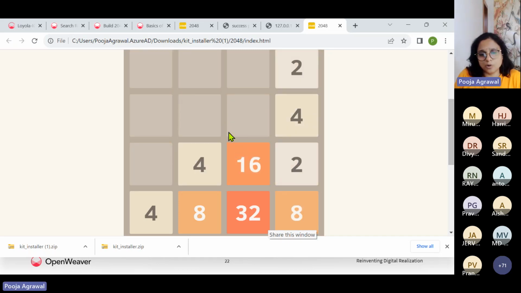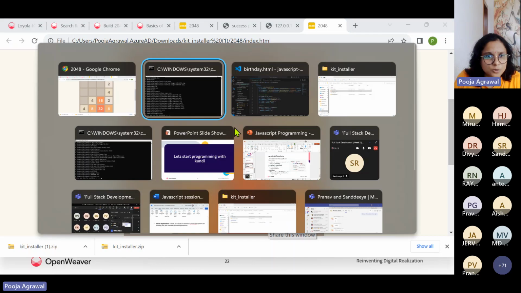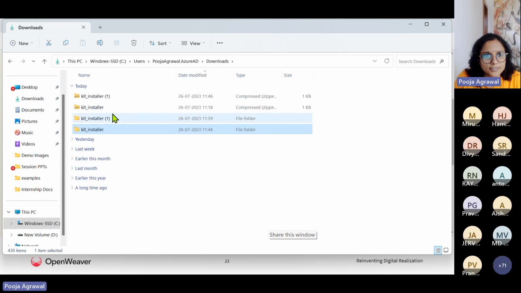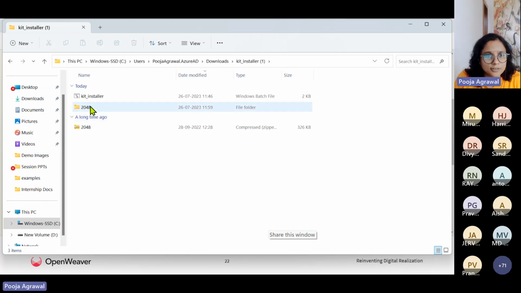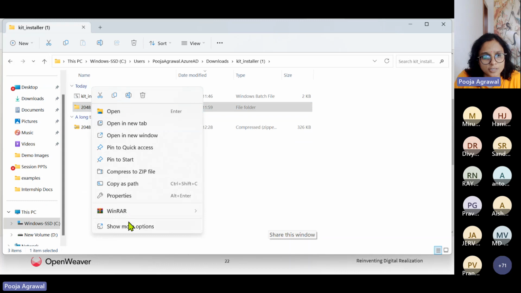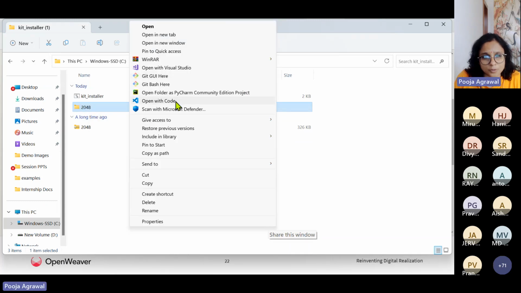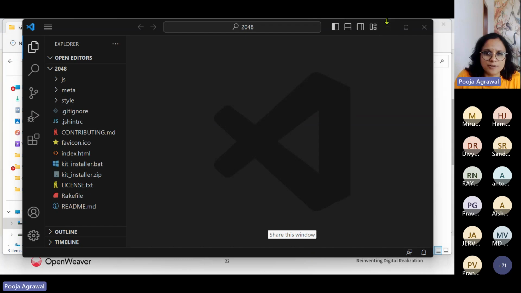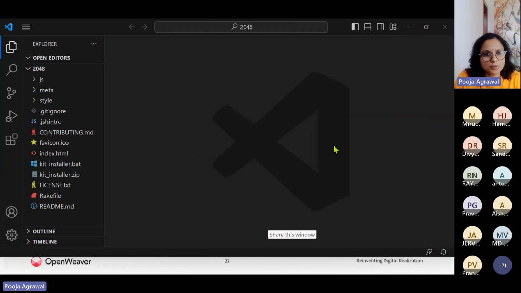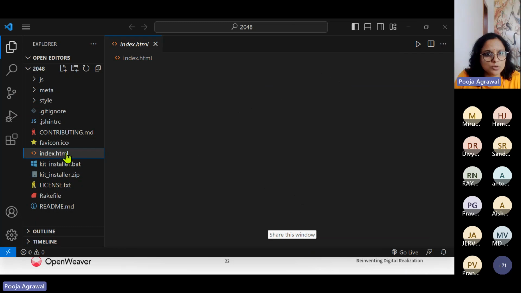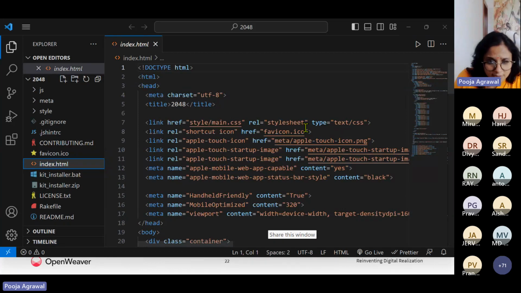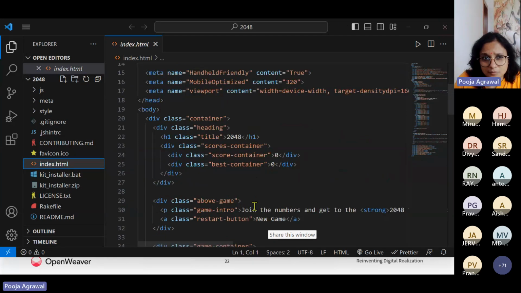Okay. So how do I check out? Just go back to your Git installer where you did the download and double click the folder. Here you just say open with VS Code. So the only thing required is you should have an IDE. If you're comfortable, use VS Code. If you're not comfortable, you may use any other. So I will just go to the index.html once again here, and in the index.html, I would see what all components are present.